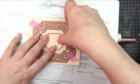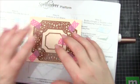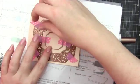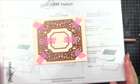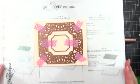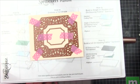And then we're going to pop a bit of tape there and a bit of tape there. Okay, so that is pretty good, I think. That looks alright. Okay, now the trick I found with the Sue Wilson dies, and in fact, to be honest,